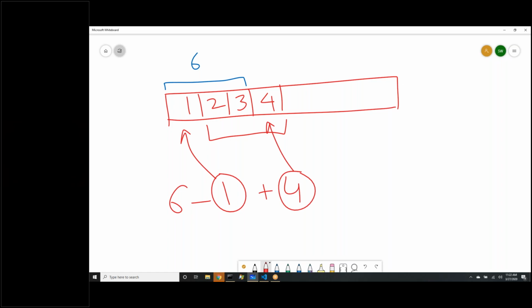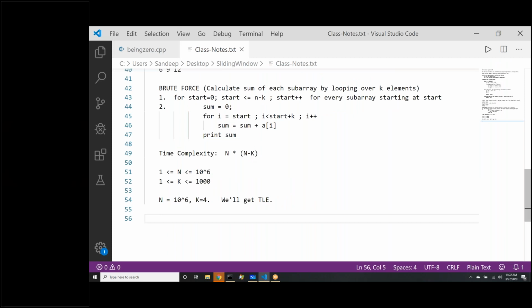Yes, Abhishek, this is like replacing the first element with the fourth. So the next window sum that we are getting is 6 minus 1 is 5, 5 plus 4 is 9. So we got the next window sum as 9. Now imagine if the next value is 2, how do we get the next window sum? This will be subtract 2 from 9 and add another 2, which remains the same, 9, right? So ultimately the approach that we are working on is the sliding window approach, which says,